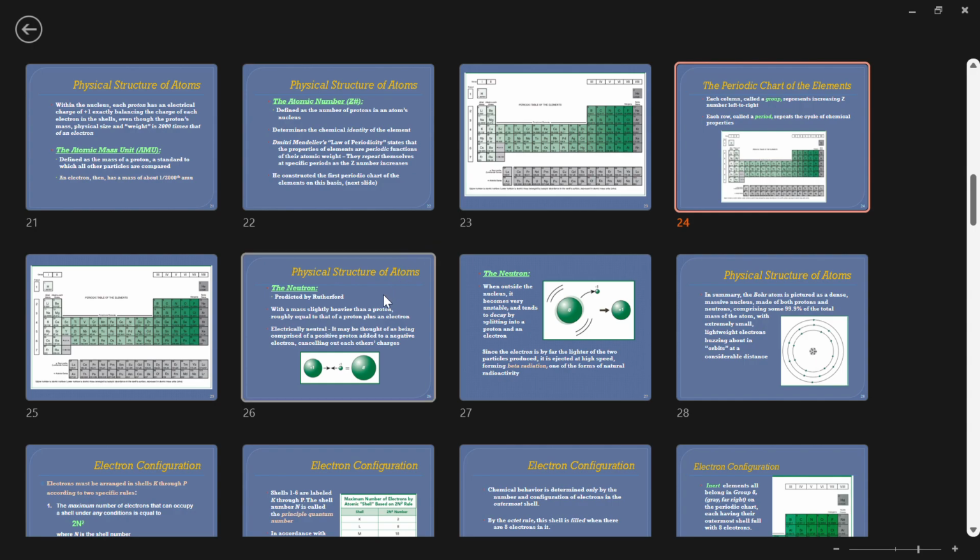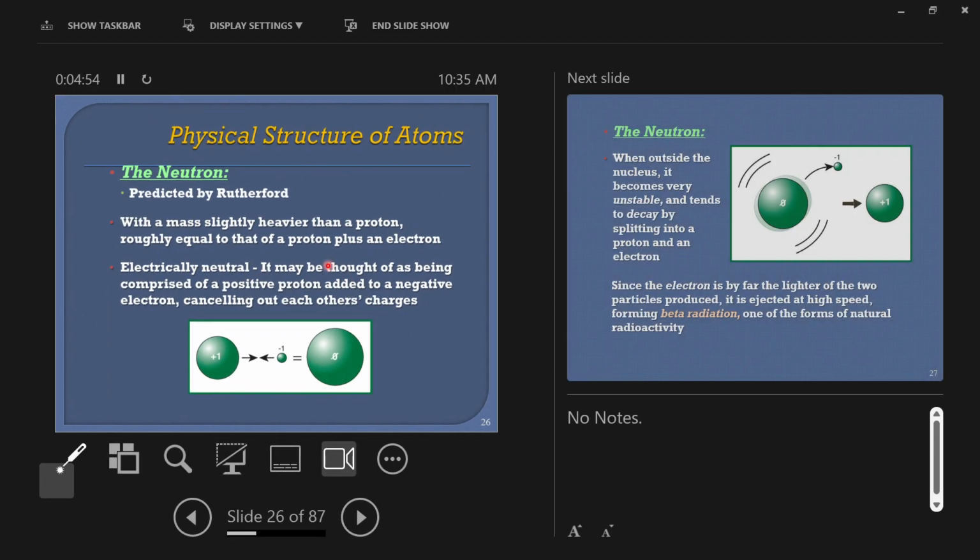The next thing I need to get across to you is, we've talked about protons and electrons so far. I now need to tell you that there is another particle in the nucleus that is massive but not electrically charged. So it doesn't change the chemical properties of an atom. It just changes the weight, the mass of an atom. This next particle is called the